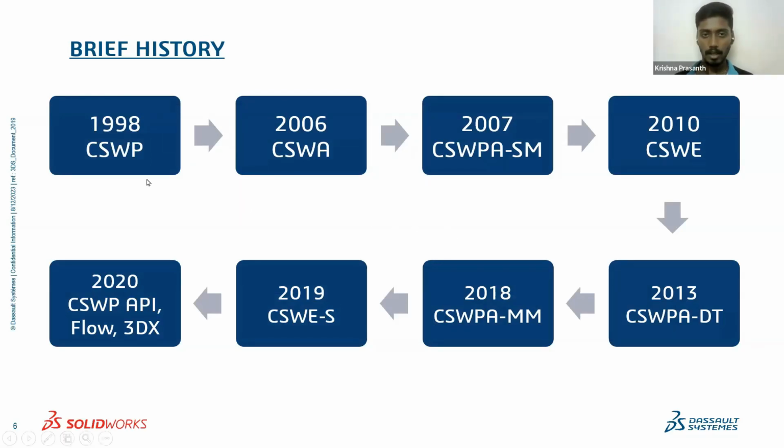After that, they changed many other rules, like taking the exam from home, a 3-hour self-proctored exam, providing the certification software for that, and they have evolved many things. Starting from 1998, they evolved with the CSWA, mechanical design, and advancing with the software in specific domains: sheet metal, drawing tools, mold making tools, surfacing, and simulation. So this is the brief timeline of the certification.